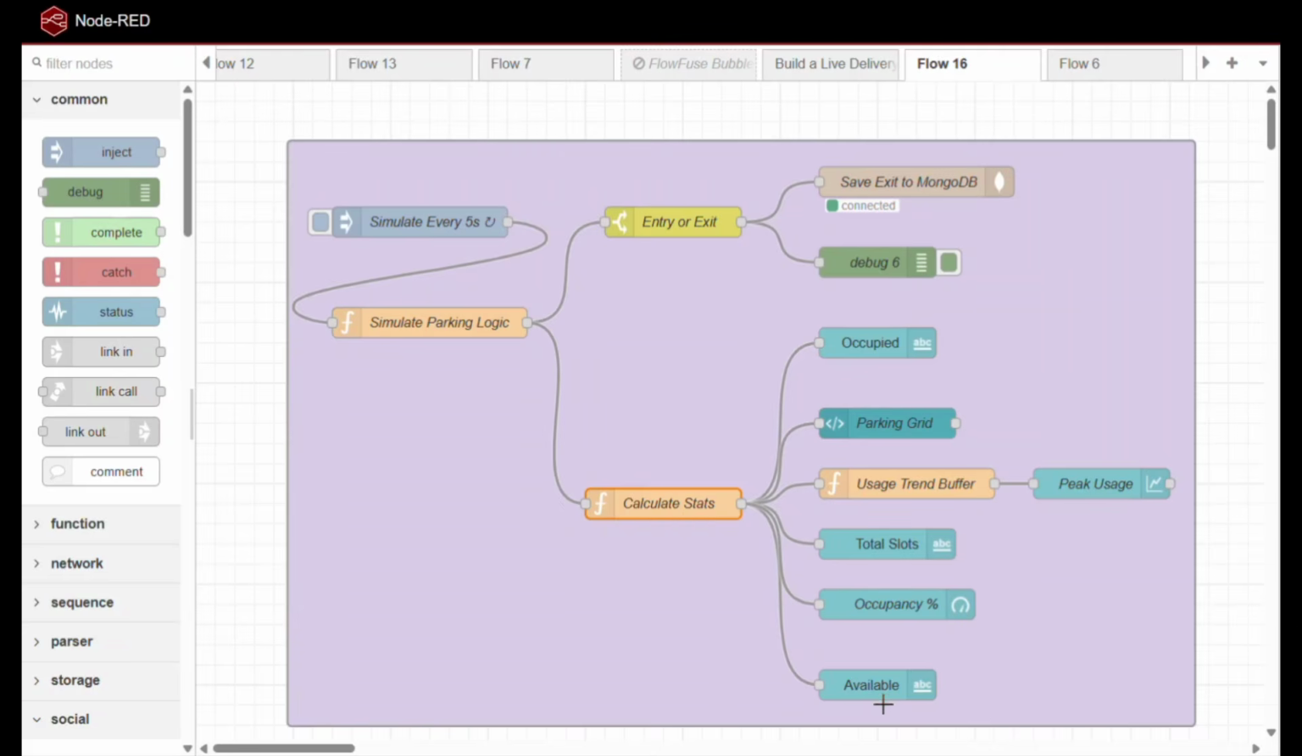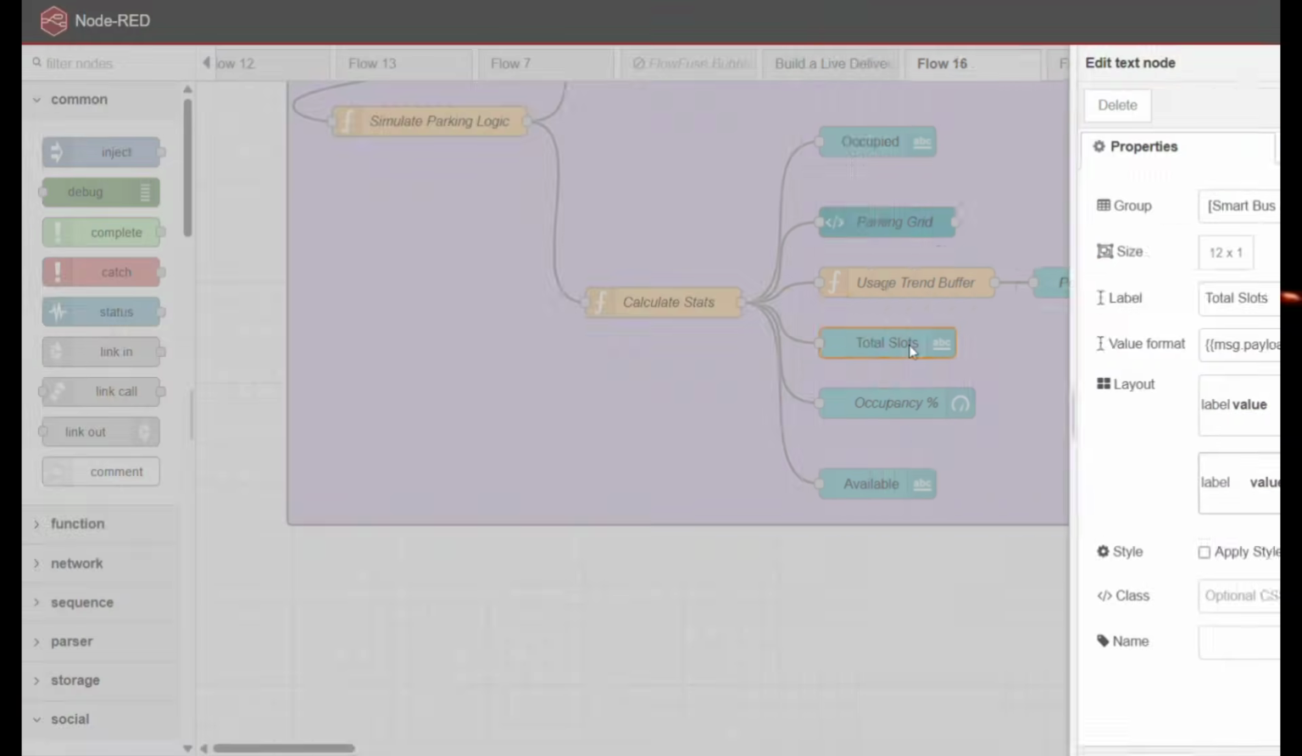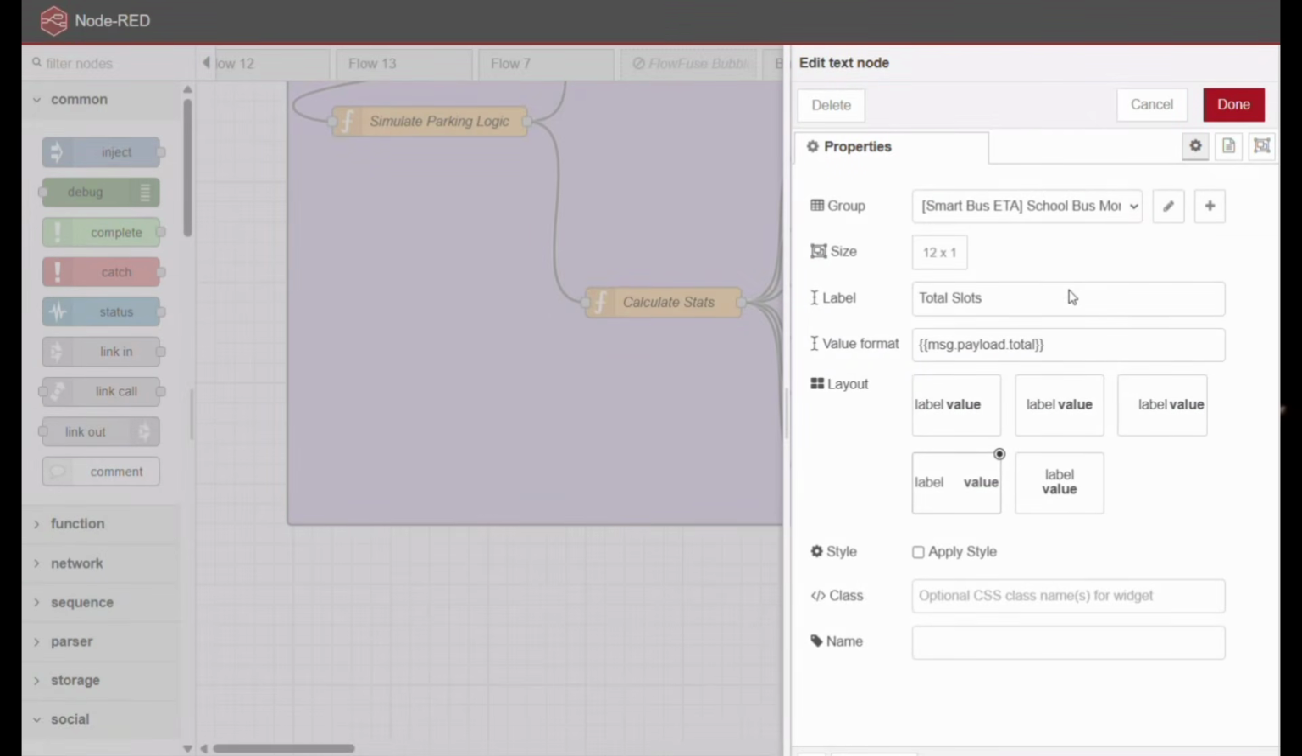Now, from Calculate Stats, the message fans out to several UI nodes that build the dashboard. First, there's a ui_text node for total slots, which takes the total from the payload and displays it in a row spread layout within the default group on the Smart Parking tab. It's required to give users a baseline reference, and it just formats the value as plain text, updating the dashboard